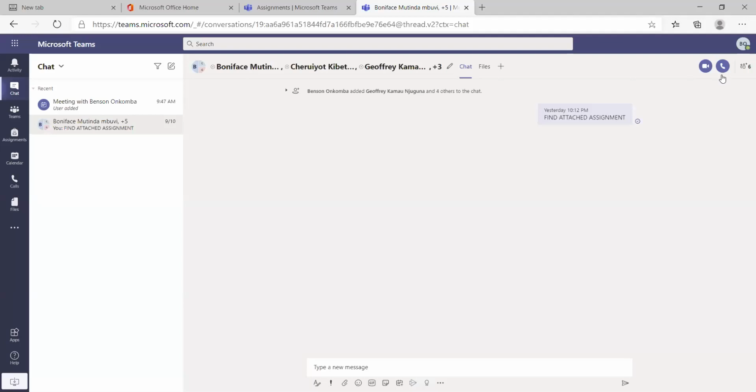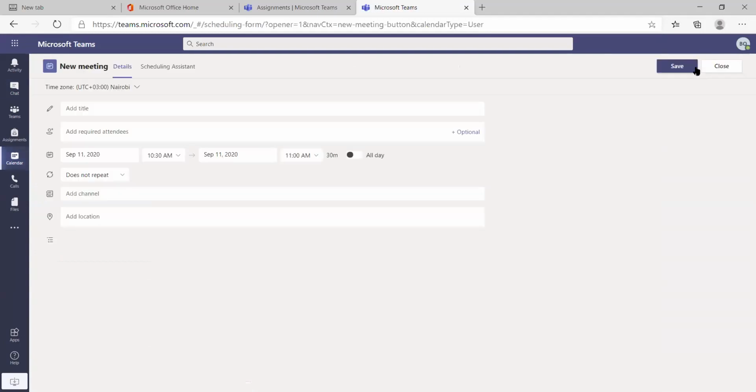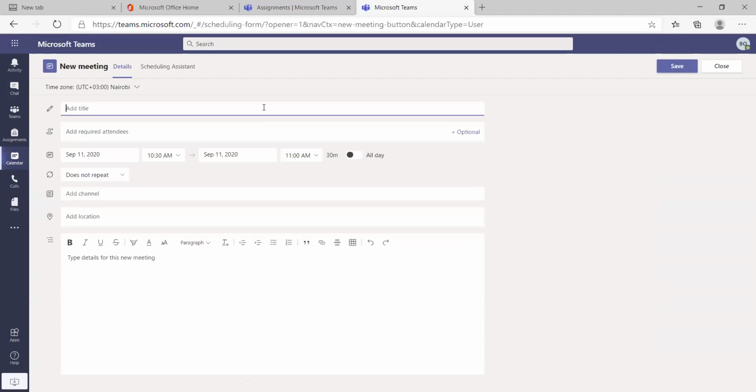Then from there, you can be able to schedule a meeting. You can click on this tab to schedule a new meeting. You can say, for example, introduction to electronic components.